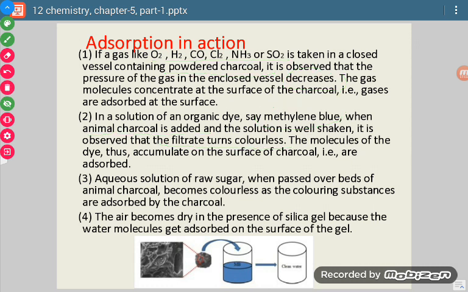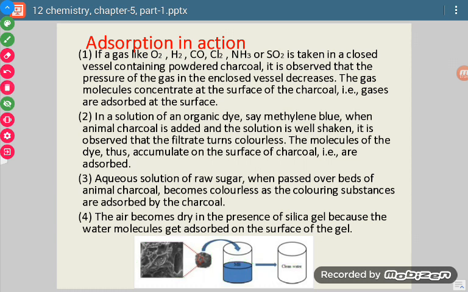Okay, you can see here, this is a piece of charcoal. Now this is a colorful solution because of the presence of dye, and this is methylene blue. Now when we add charcoal to this solution of dye and then filter it, what will we get? We will get clear water. After filtration we will get clear water. Why are we getting that? Because charcoal adsorbed all the methylene blue.